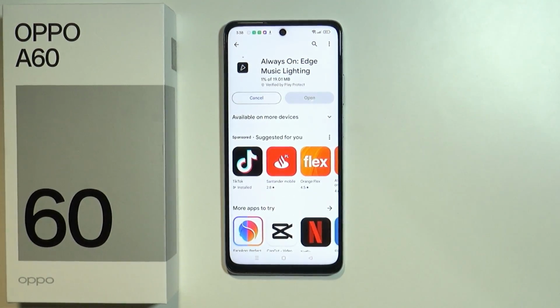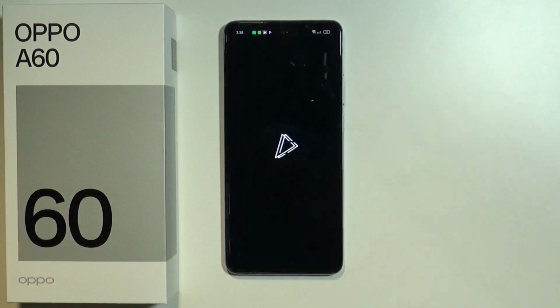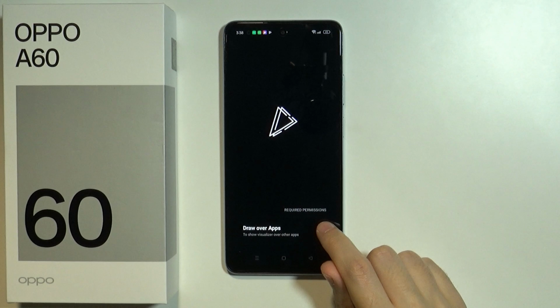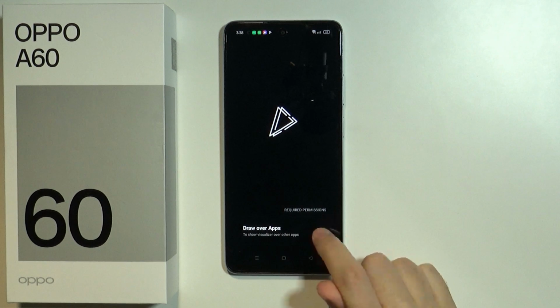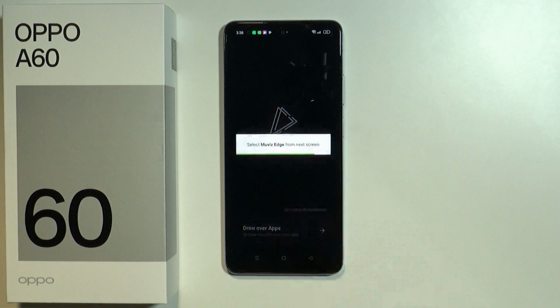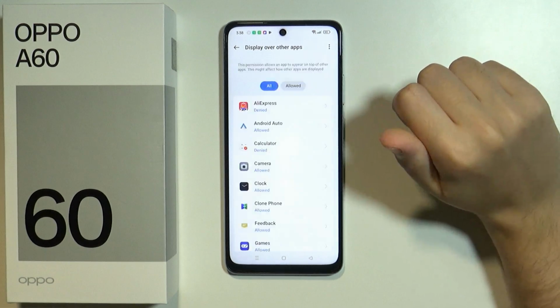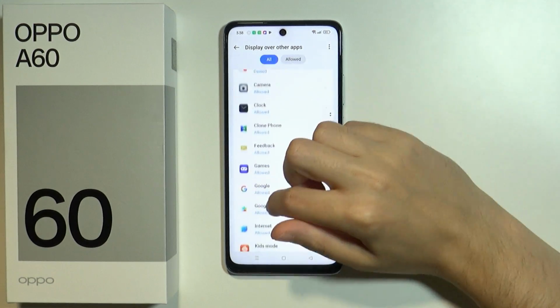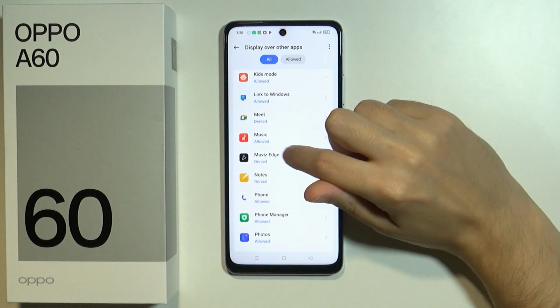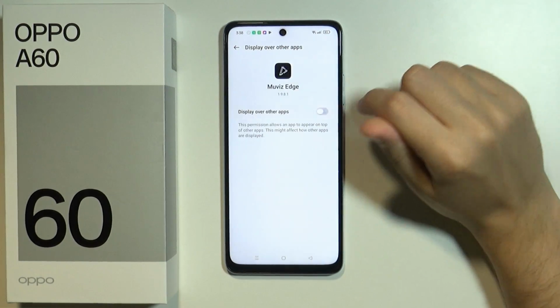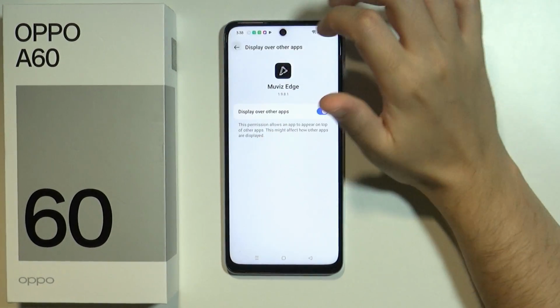So let's wait a couple of seconds in order to download the app. After that, we can press open. Now over here we need to grant required permissions, so tap on this arrow, and then we need to select Movies Edge from the next screen. So let's wait for the apps. Now let's find Movies Edge, let's select it, and then let's grant the permission. Then we can go back,